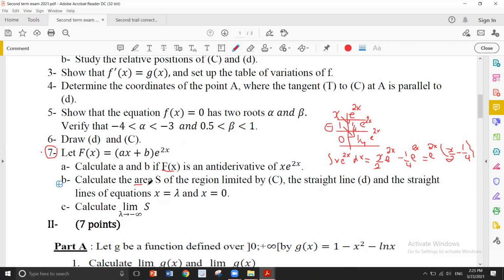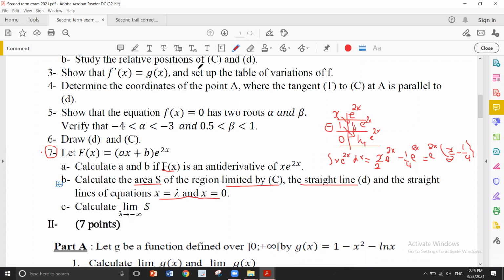Calculate the area S of the region limited by C, the line D, and the straight lines x equal lambda and x equal to 0. What about the area between the curve and a line? The area between a curve and a line is the integral from lambda to 0 of f(x) minus y_D dx